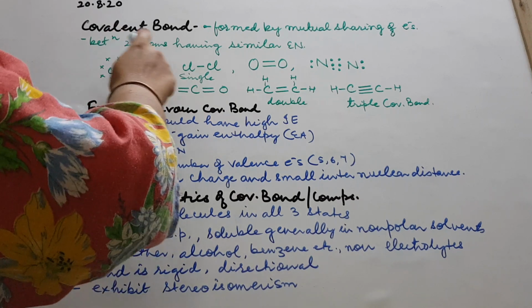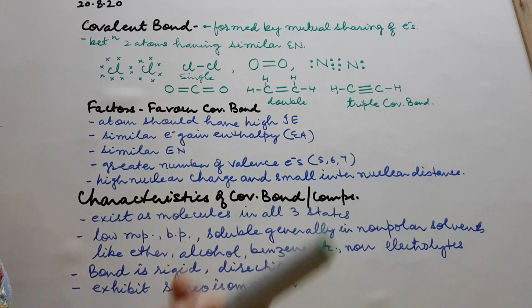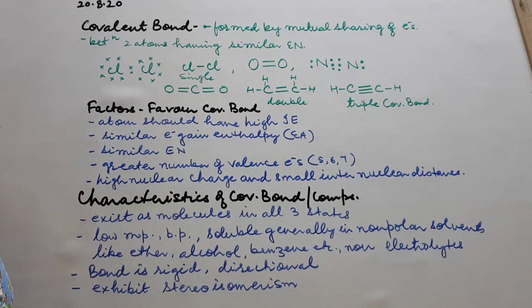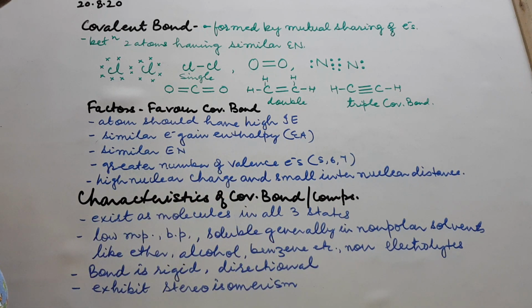So between two atoms having similar electronegativities, close values, and if the same, very good. Then children, some examples, H2, O2, Cl2, etc. So you were taught this in your class 9th as well as 10th. You know the bonding of H2 from class 9th, Cl2 from class 9th, ammonia and water, they were in class 10, HCl was in class 10, it was also in class 9th.